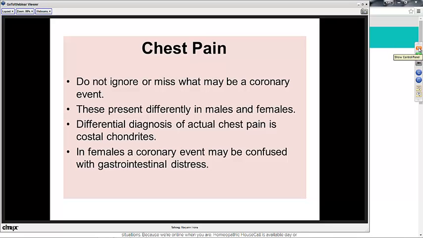And female coronary events are usually in smaller vessels than in males. So it's not just the big three, you know, the left anterior descending and the circumflex and the right coronary artery. That's normally where males have their coronary events, but females have their coronary events further down the line. So they present differently, and they generally present with gastrointestinal symptoms. And they don't necessarily say crushing chest pain, for instance.